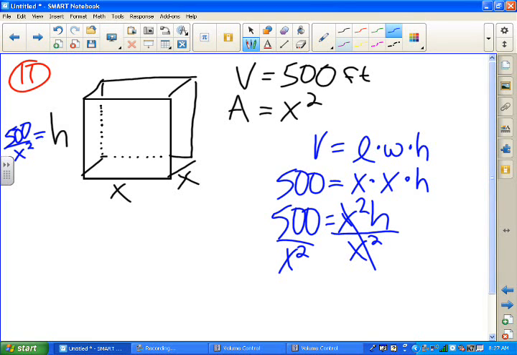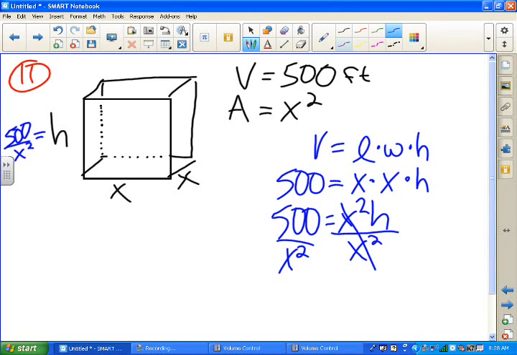So the surface area is the important thing, and we need to write it in terms of x. Since we want the minimum amount of surface area, once we write this equation and take the derivative, there should be a positive leading coefficient because we want a minimum value. So we're looking for a parabola-type function that opens up, and we're looking for that little valley in the hill. To construct this equation of surface area, what we really need to do is add up all of the sides of the box